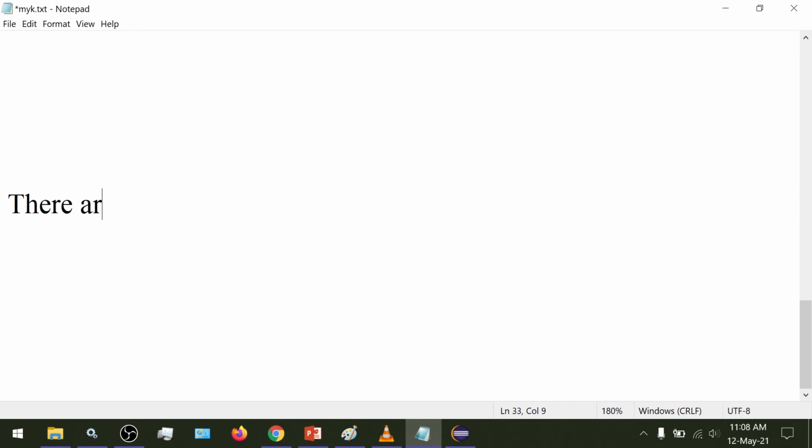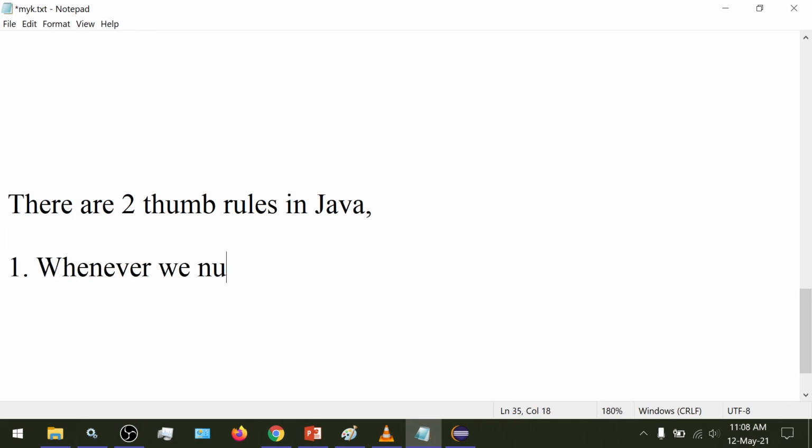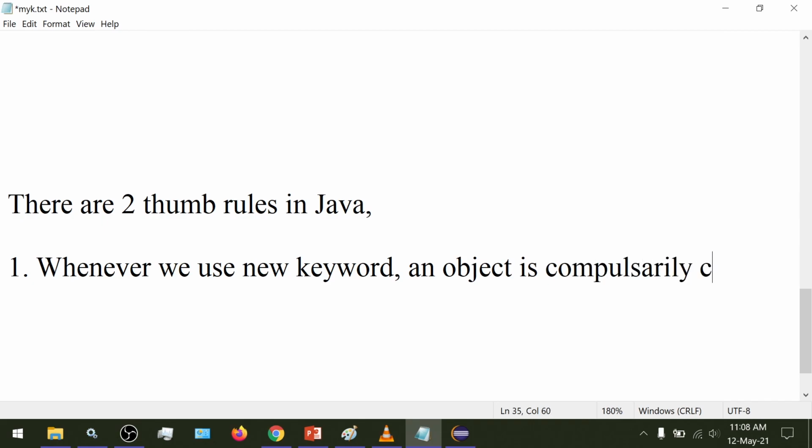There are two thumb rules in Java. Like I said before, these are: first one, whenever we use the new keyword, an object is compulsorily created inside the heap memory.